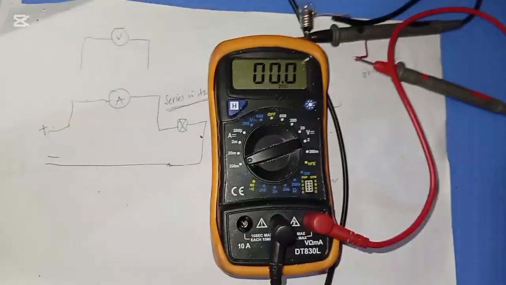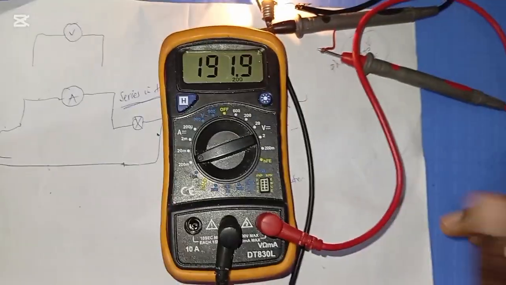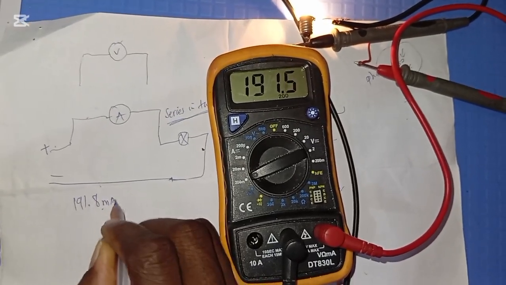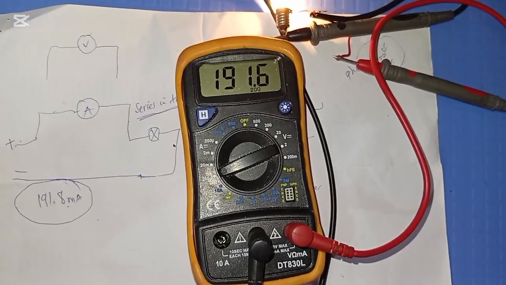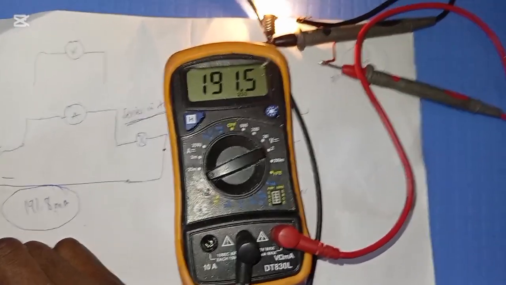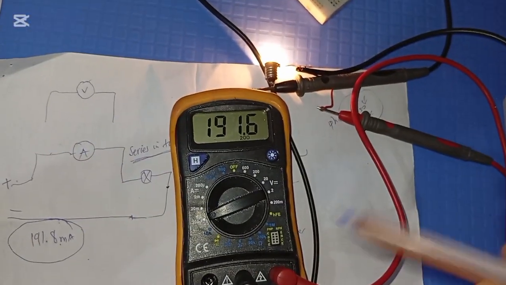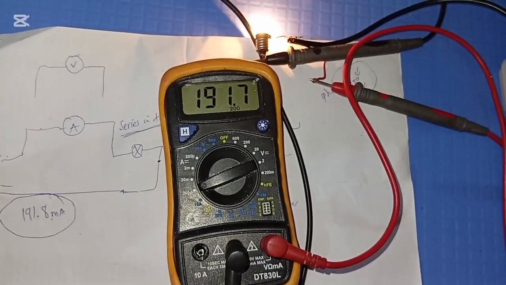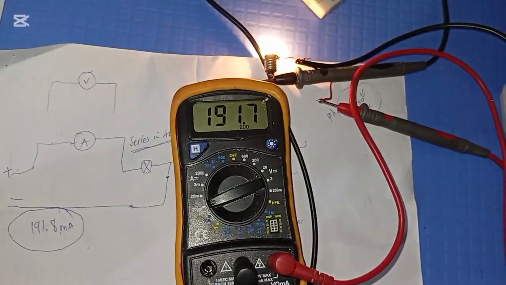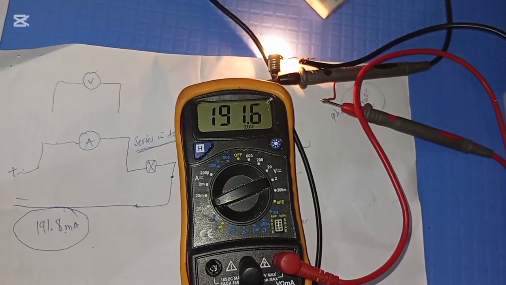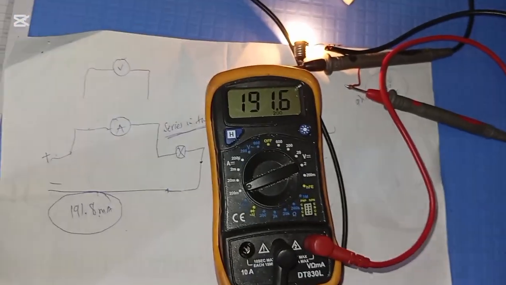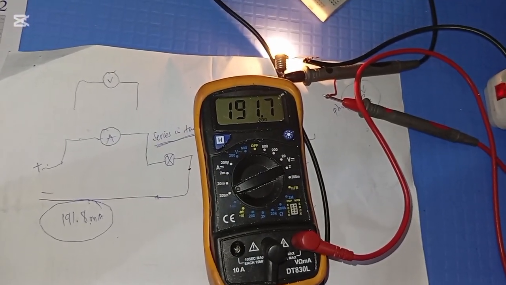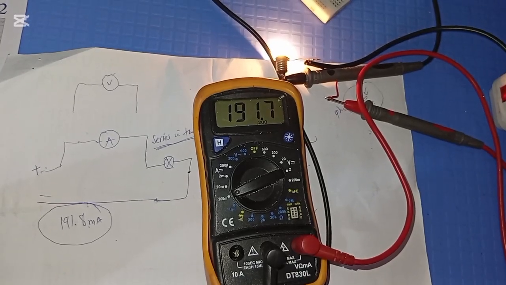So let's see the reading. You can see we are able to measure 191.8 milliamps. Okay. So that is the current when we measure this current in series. So for you to measure the current in series, you'll have to break the circuit. Then you measure the current. Now let's go to the third scale. The third scale is we are going to measure the